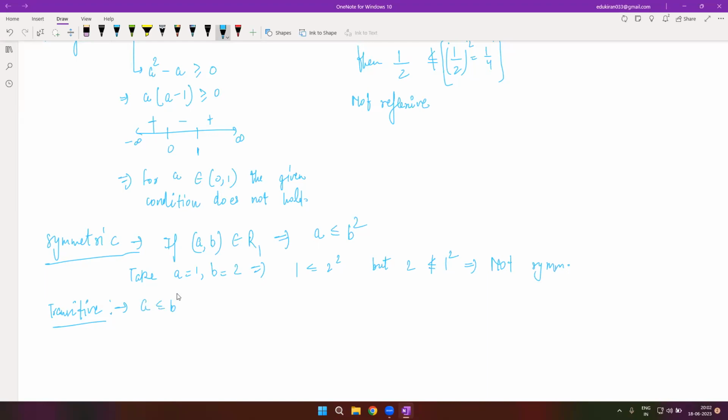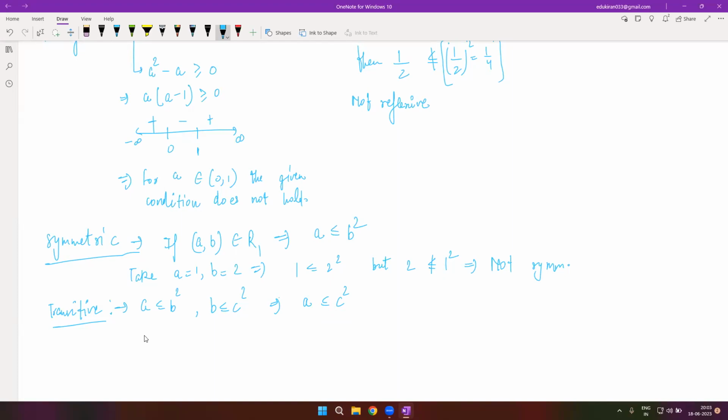अभी यहां पे अगर मैं बात करता हूं तो मुझे ऑलरेडी पता है कि a less than equal to b square है, b less than equal to c square है। मैं चाहता हूं ये पता करना कि a less than equal to c square है कि नहीं, राइट। अगर है तो ट्रांजिटिव हो जाएगा, नहीं है तो नहीं होगा ट्रांजिटिव। पर मैंने पहले ही क्या बोला कि मैं तो मान के चलूंगा नहीं है। तो a बड़ा होना चाहिए फिर c स्क्वायर से। व्हाट डज इट मीन, दैट a नंबर ही बड़ा होना चाहिए, राइट। बड़े से बड़ा नंबर लो फिर तो इसको।